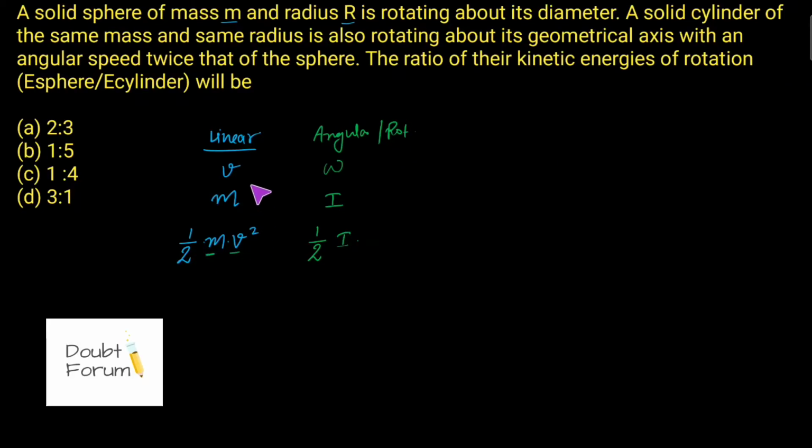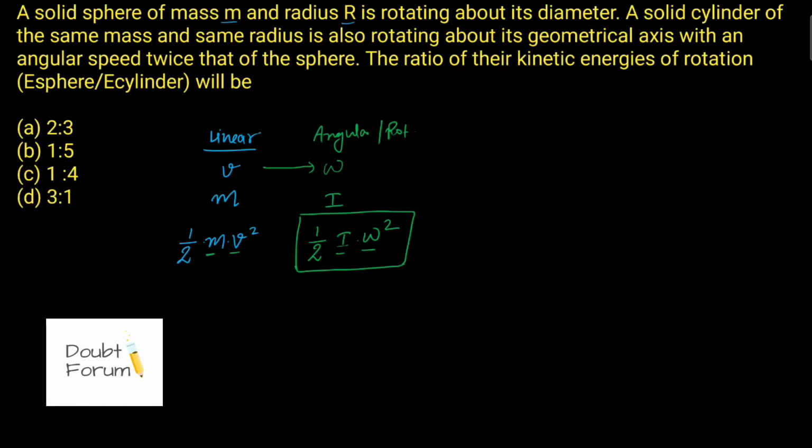Now this linear velocity will be replaced by angular velocity, because here we are talking about rotational motion. So rotational kinetic energy would be half I omega square. This is a formula which we need not remember; if we know the linear formula, we can derive it with this substitution. So to find the rotational kinetic energy of any object, we need its moment of inertia and angular speed or velocity.